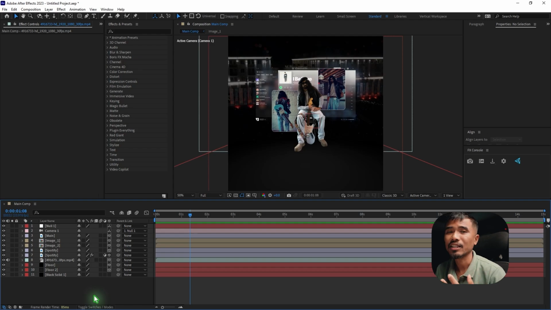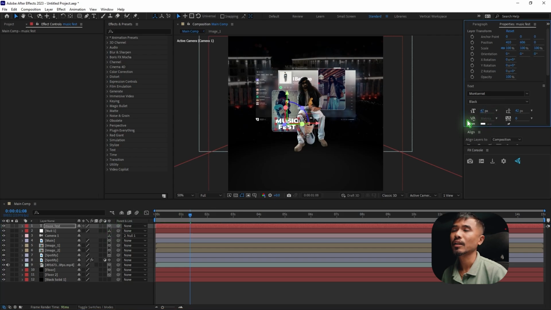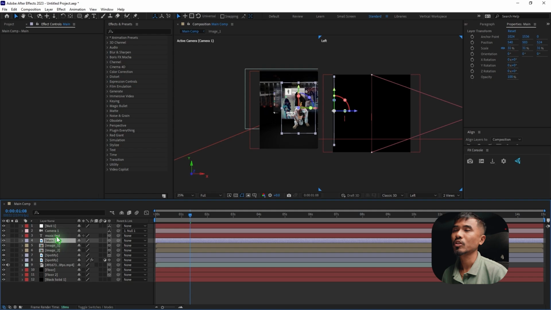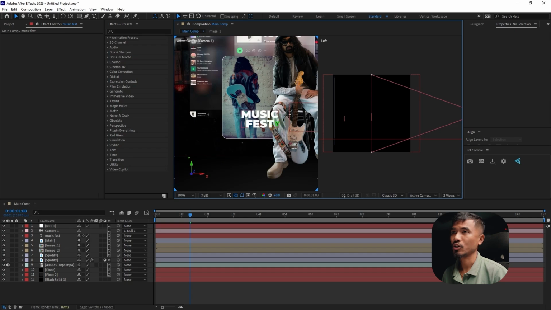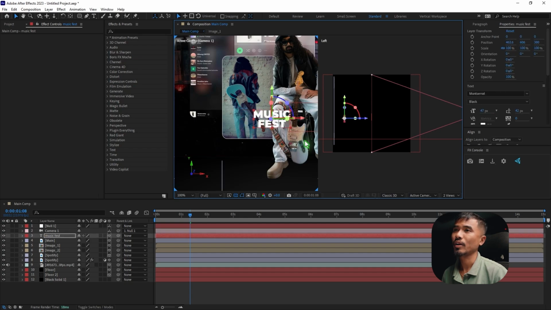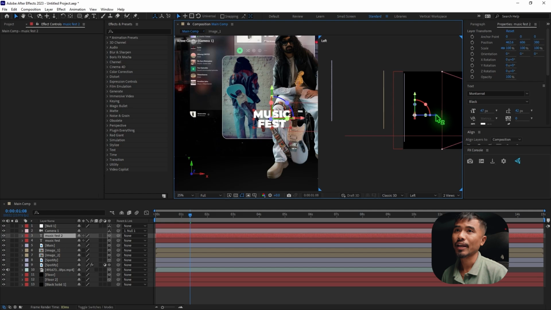Once you have the assets in place, I'm going to add a text right now. So I'm going to make this a 3D layer, scale it up, and go to 2 views. I'm gonna move it just before the subject layer, somewhere here. This is it. I'm going to reposition the XY axis. That's not an issue, and I'm gonna work with the size. So let's keep that for now, and I'm gonna duplicate this, Control D, and move it just below